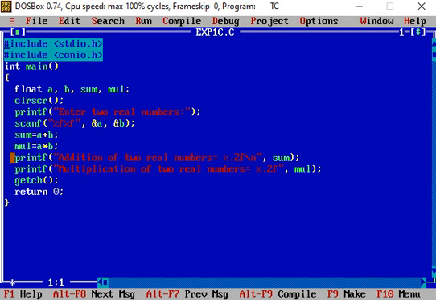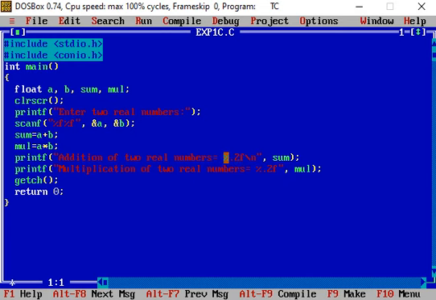Now, using the next two printf statements, we display the addition as well as the multiplication of the two real numbers. So the first printf statement: addition of two real numbers equal to %.2f. %f is used to display real data, and here before f, .2 is written.